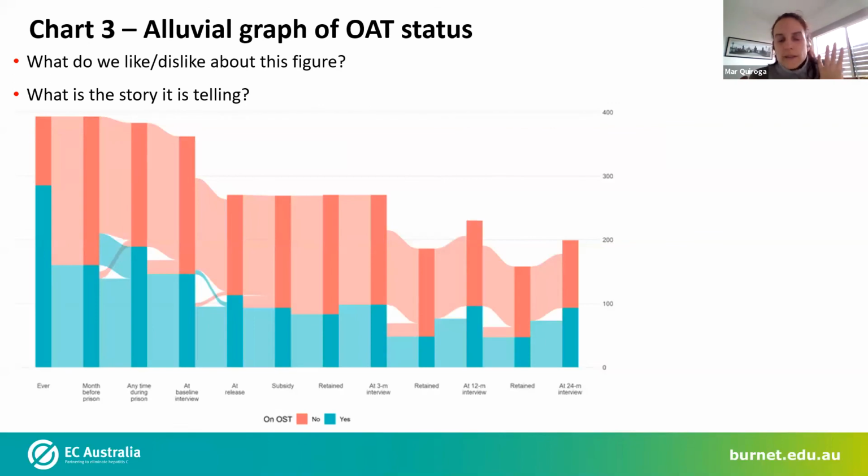But overwhelmingly, you can see that people don't really switch between the groups a whole lot. It's mostly the same people who have continued to be on opioid substitution therapy, and mostly the same people who have not been on it. That's what those pink shaded bits between the bars represent. I love this kind of figure because it makes it quite easy to see things that you wouldn't be able to see if you were just doing a table.